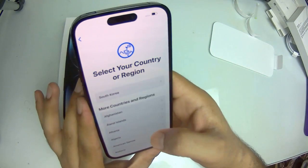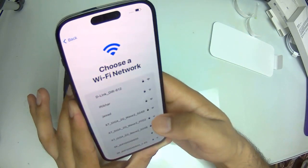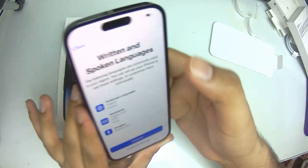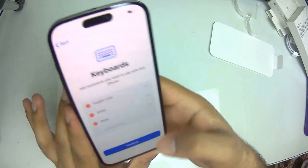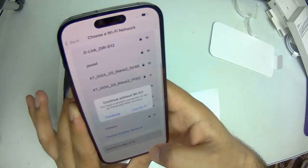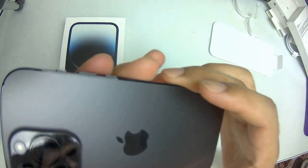So I'm going to select the language. I'm in South Korea. So these are all the settings which I'm going to make. I don't know the password of the Wi-Fi currently serving here. So the keyboard should be in English, so everything should be in English. So these are all the settings. So this is my iPhone 14 Pro,